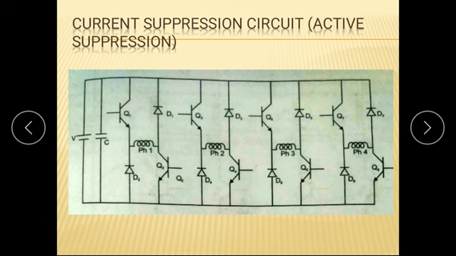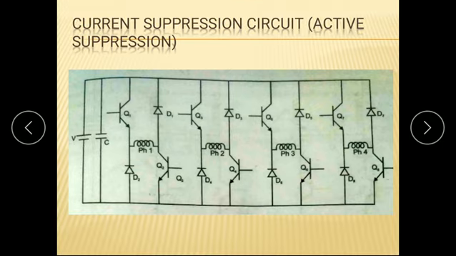So what will this do? In the circuit, energy stored in the motor winding is returned to the supply instead of dissipating it. If we switch off this phase winding, or if you remove the excitation of this phase winding, its current has to be decreased. So when you decrease this current, this energy will be dissipated. But in the active suppression, we will get back this energy to the source.